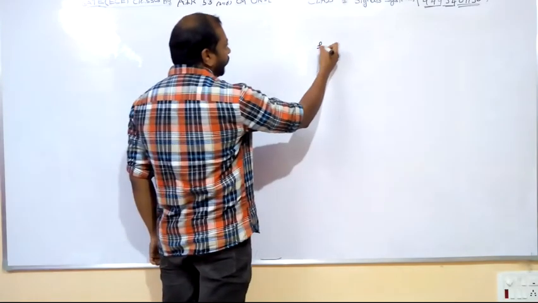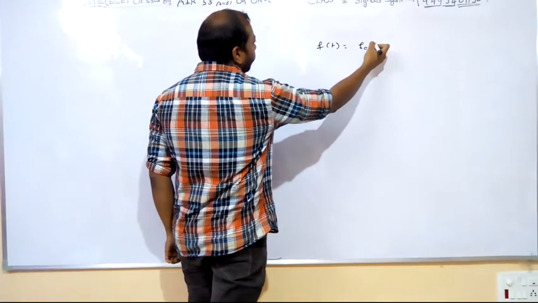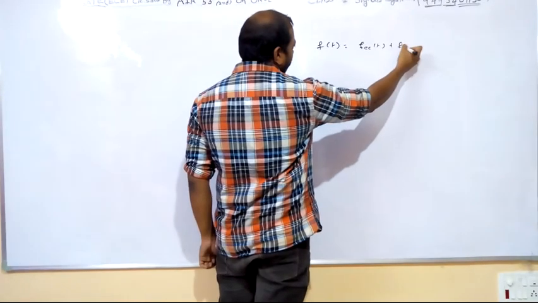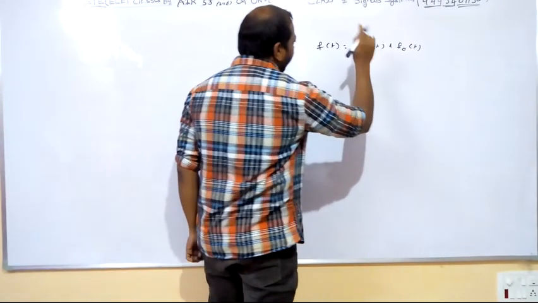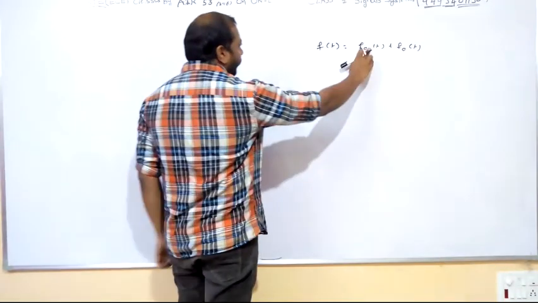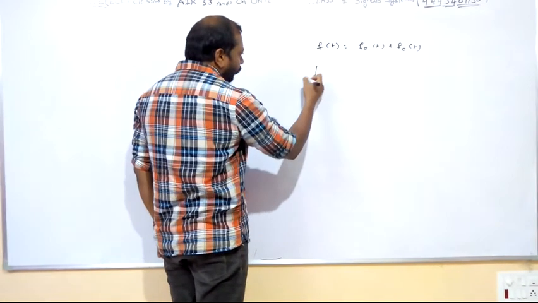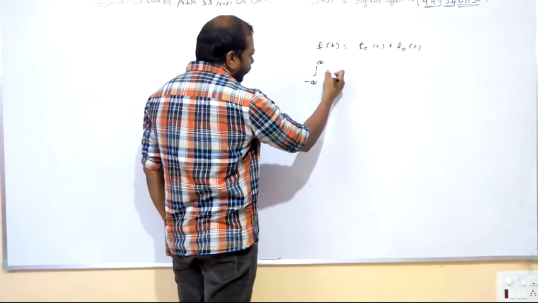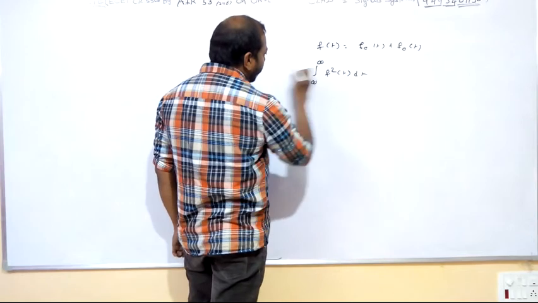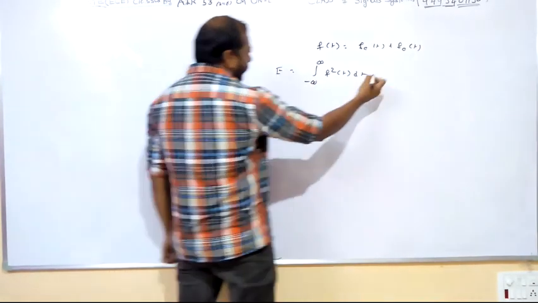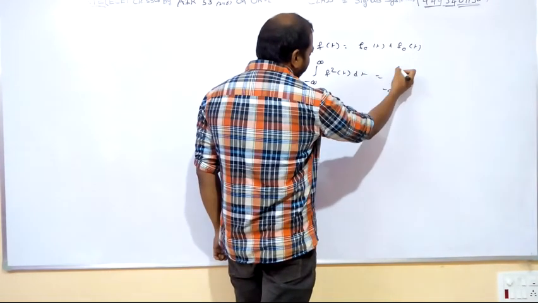As we know, every signal can be represented as an even component of the signal and an odd component of the signal. So f of t can be represented as fe of t plus fo of t. Now, what is the energy of the signal? Energy of the signal is equal to the integral from minus infinity to infinity of f square of t dt. Energy of the signal is equal to